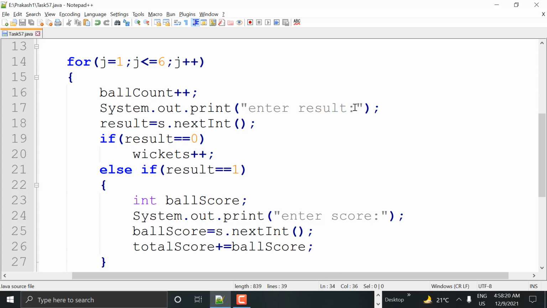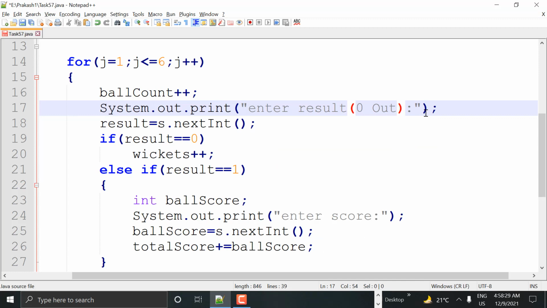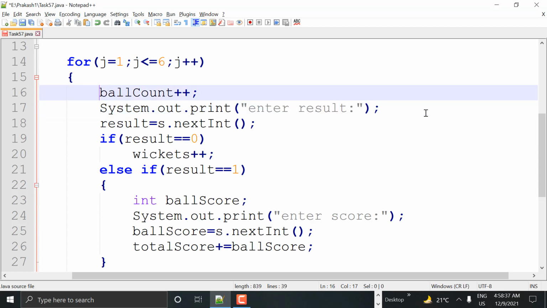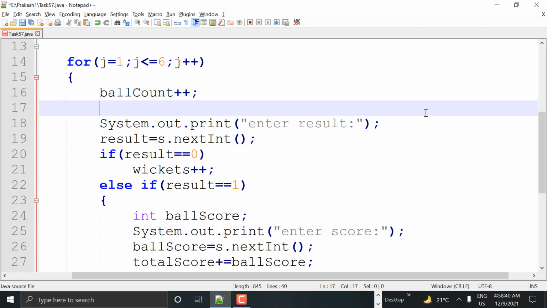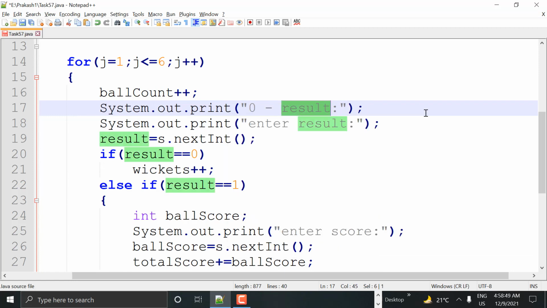And remember, it should ask us to enter the result. Here we have to say 0 for out, and let's take one more: 1 for not out.